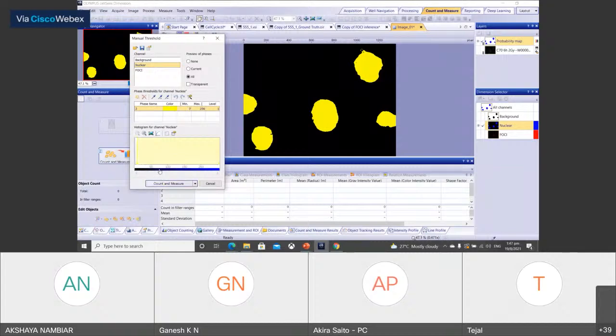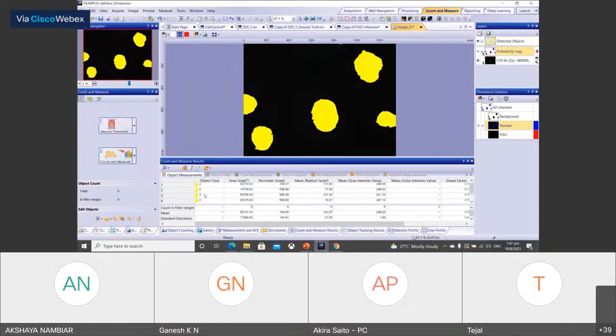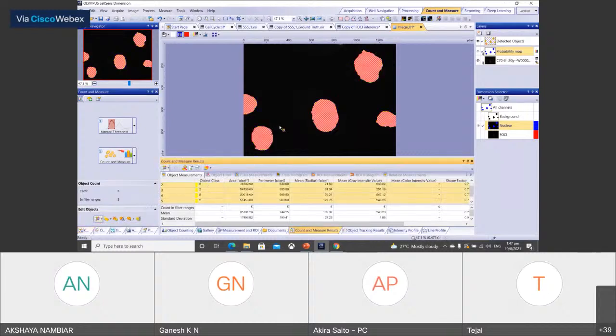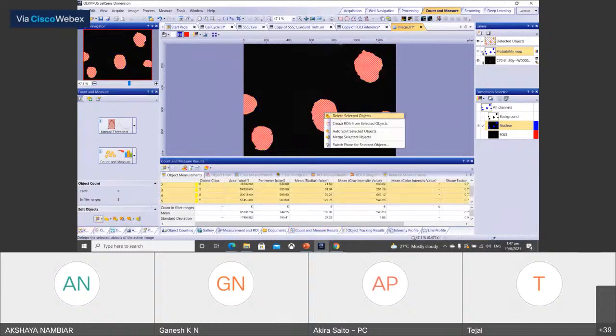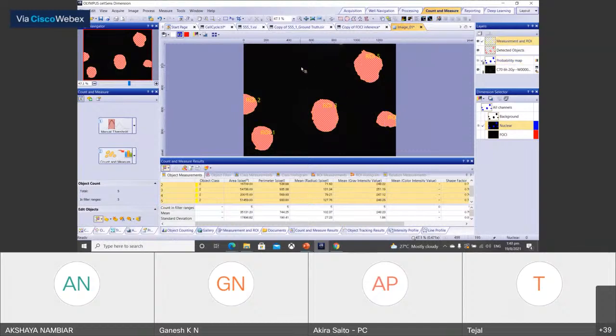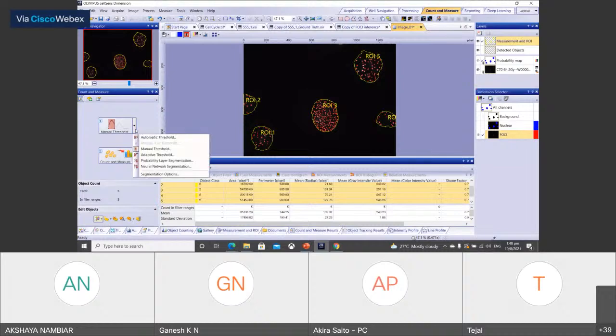So the thresholding by using the probability map. Just use this one. Change to the ROI and do the manual thresholding to the foresight.